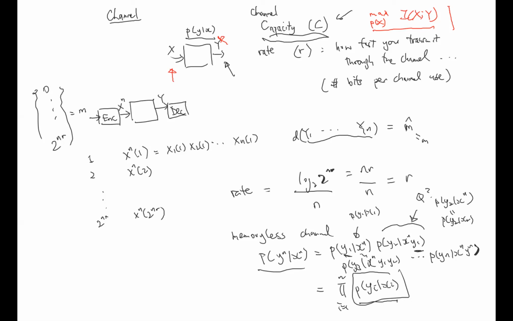And then we have a converse proof, showing that you cannot get beyond the capacity. But the converse proof I will probably leave. If you are interested, it's in the notes and you can read it yourself. Basically, it's just using the same similar things we used to show the converse proof for the source coding theorem, like Fano's inequality. But before I continue to talk about the forward proof, let's give some examples.